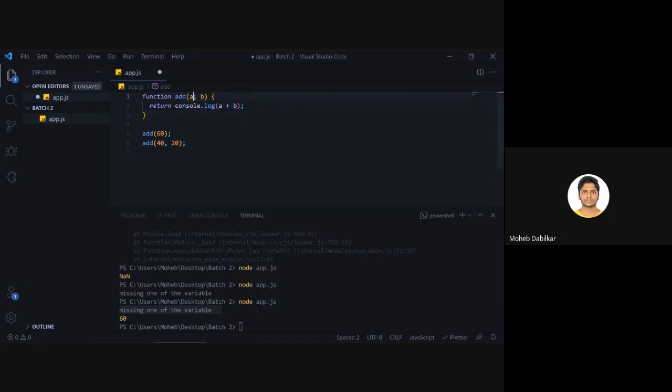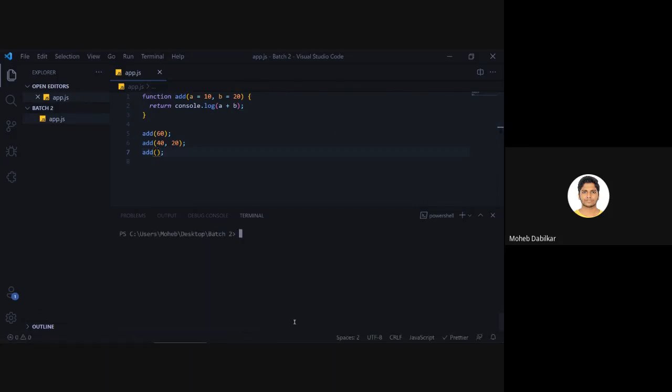So we can define things over here. Now we can say a equals 10 and b equals 20. And now let's call another function where we don't pass in anything. Let me just clear this. Now if we run it, it says 30 even though we have not passed in anything. You see, it says function add a plus b, and then over here a equals 10 and b equals 20. So that is your function.